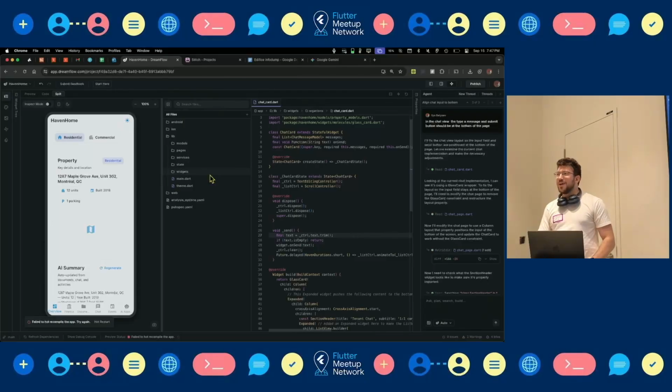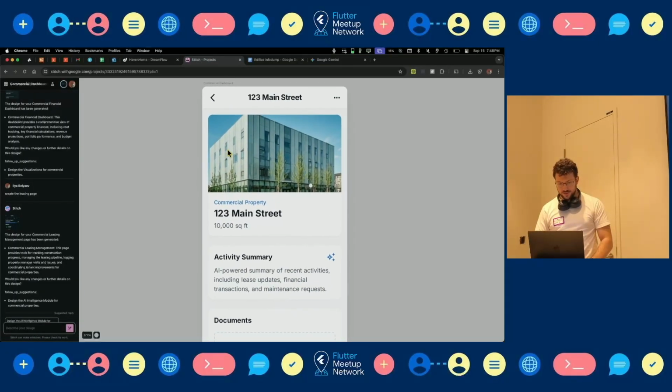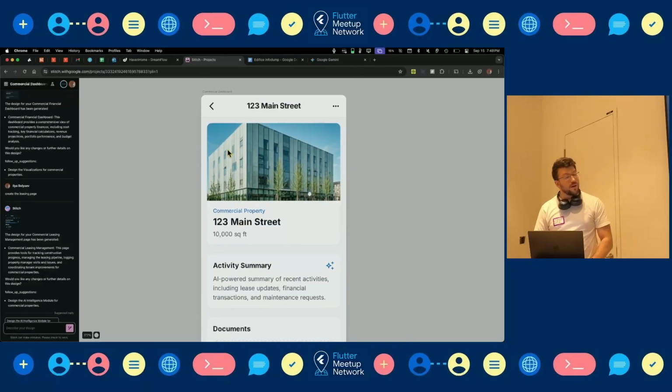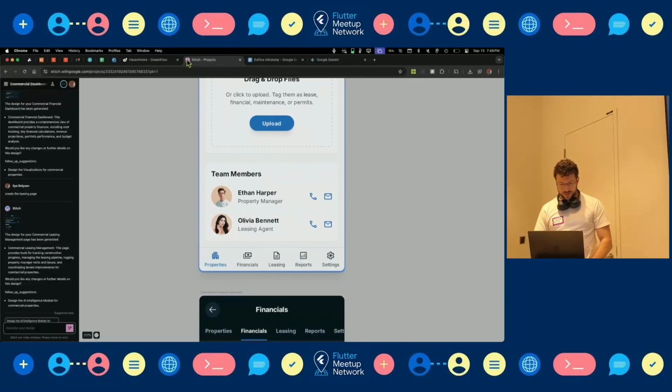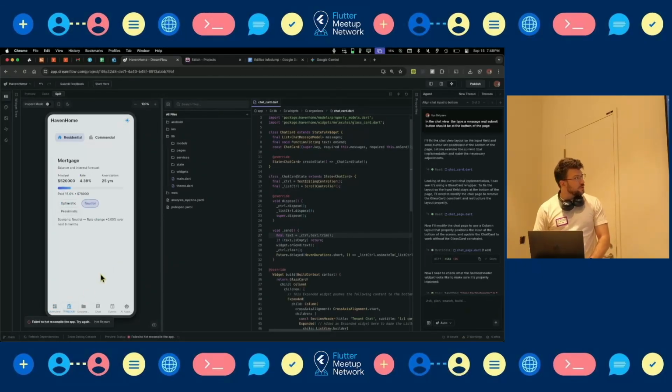Hello. Okay, so this is a quick one for property management. I went to Stitch. Stitch did a really good job. And I gave it the screenshot. And then it came out with a different UI, but it's okay because it's experimental, so we understand. For those of us that have a mortgage, nice to see, and nicer to see when we have progress on the mortgage.